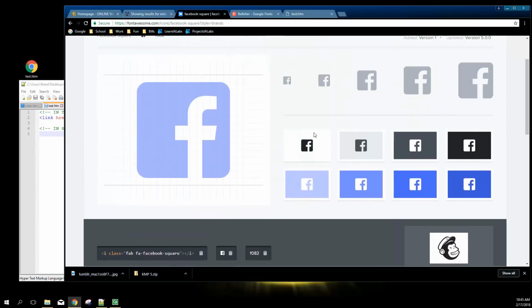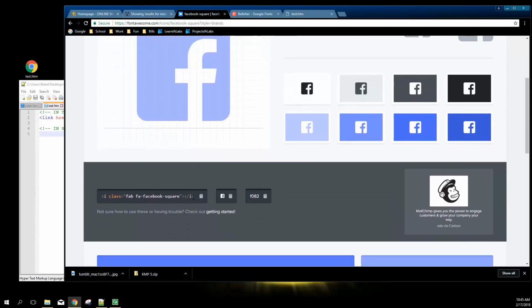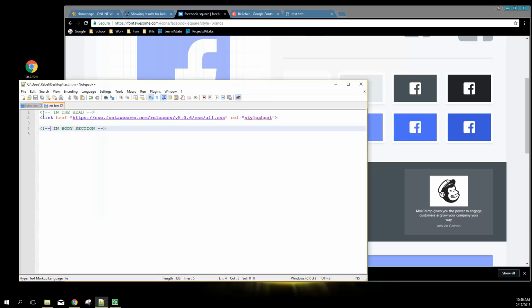It'll show us what it might look like on a different background, or how the image is set up. But we should be able to just copy this I tag that's going to have multiple CSS classes on it that use the FontAwesome CSS that we included here. So we should be able to just copy that and put that in our page, and then when we go back and run it, we should get a nice little Facebook icon. It's going to be a little small down there,